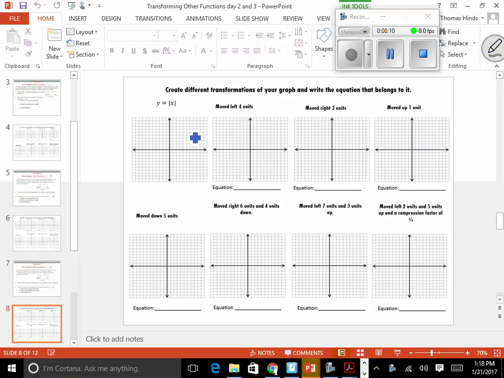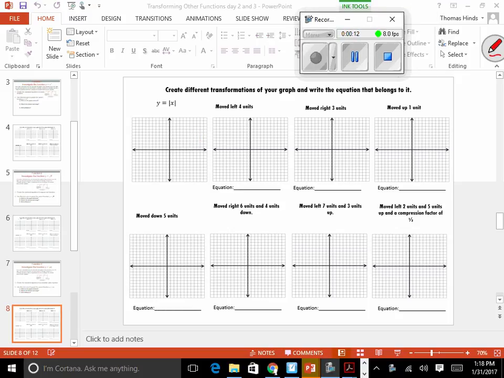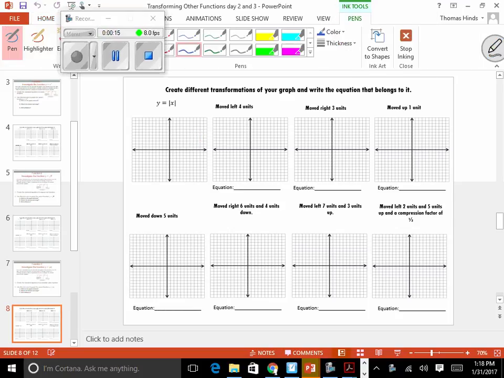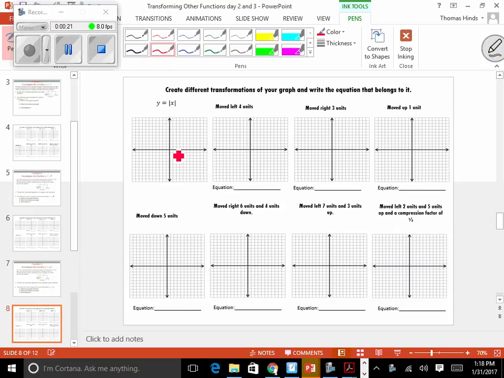For those who weren't here, let's see if I can at least put in the first two for you. For those who've been here, hopefully this feels so easy that it's like, oh man, a long time ago I wouldn't have known how to do this. But now that I've been in the class, that letter V is going to act just like the letter U for a parabola. And this 4 to the left, we know it's 4, and the left of the equation is always the opposite sign. Left is normally negative numbers, and right side is normally positive numbers. So if you go to the left, you would expect it to be a negative number, but